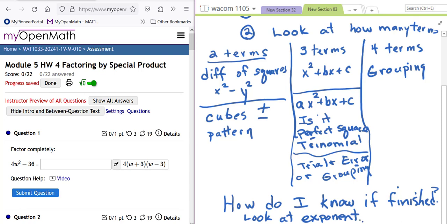If the exponent is 1, the only kind of factoring you can do is GCF, or if it's 4 terms grouping. But we've already gone through that cycle if we're at this level. All right, so if the exponent's 1, you can try GCF. If the exponent is something else, like a 2, 3, or 4,